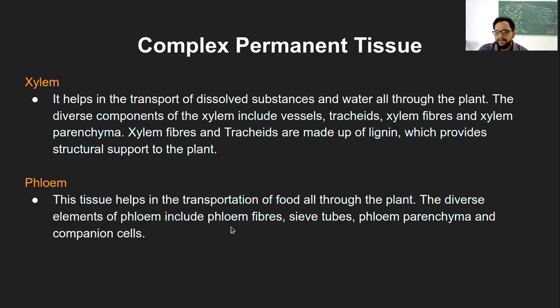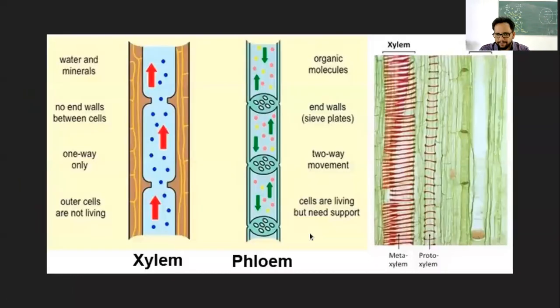And the components of phloem: like xylem has certain components, phloem also has certain components. They are called phloem fibers, sieve tubes, phloem parenchyma, and companion cell. So there will be some type of parenchyma which will let the xylem and phloem tissue survive, doing metabolic activities, and structurally there have to be fibers present, because these are tubular structures, so obviously long fibers will be present, and we will see what these two structures are.